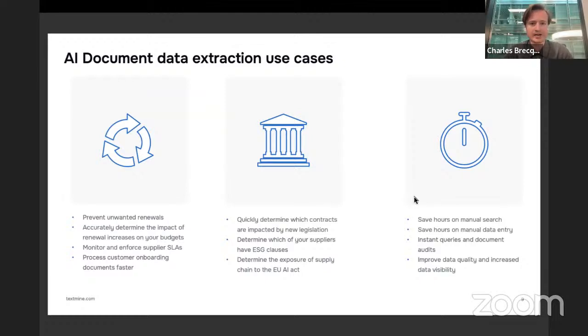But generally speaking, using AI just allows you to save a lot of time on manual search and manual data extraction, and everything can be audited, including the AI itself, which means that you have a system in place to verify the data quality and improve processes if the data quality is not there. Whereas with human employees or colleagues, you can improve them, but the room for improvement is not as high as with an AI system.